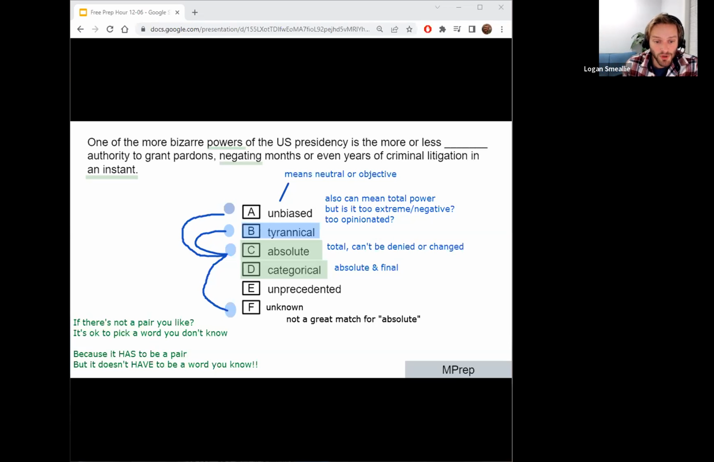Good question in the chat. If we pick a word we don't know and it's wrong, do we lose points for the whole question? The short answer is no. You always either just get it right or get it wrong. There's no penalty for getting it wrong compared to leaving it blank. So Kayla, I think that would answer your question, that basically it doesn't matter how you get it wrong, it's